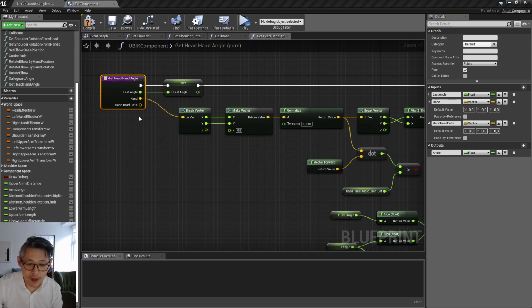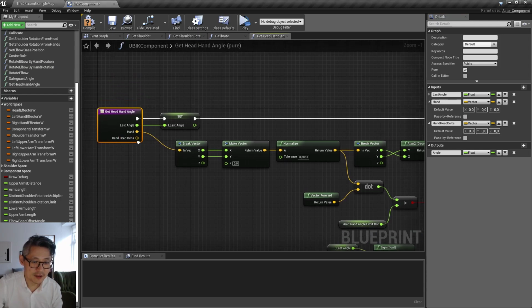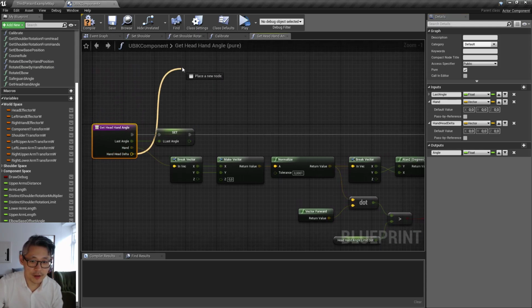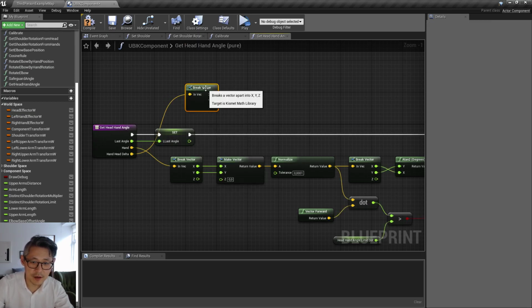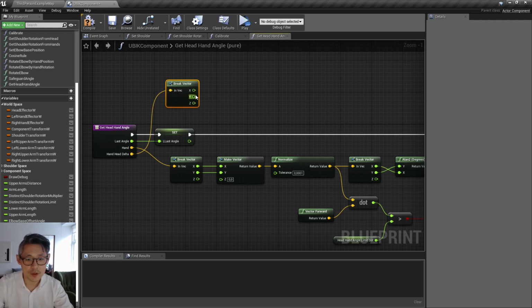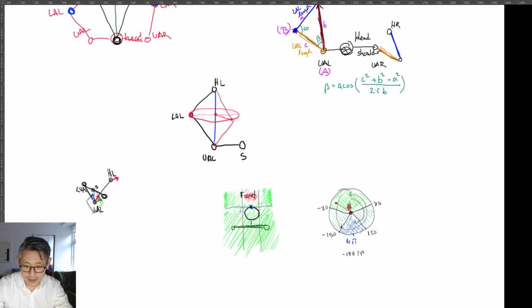Because that hand head delta is going to be used to determine how we will react. So if we break this vector here, because we're going to do two things, we're going to work with the x and the y, and what I mean by that is, if you kind of look at this person here from the top,